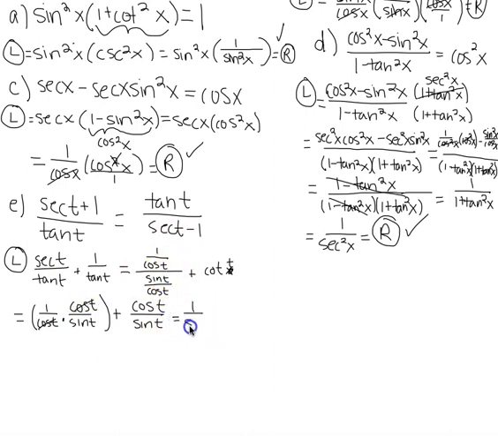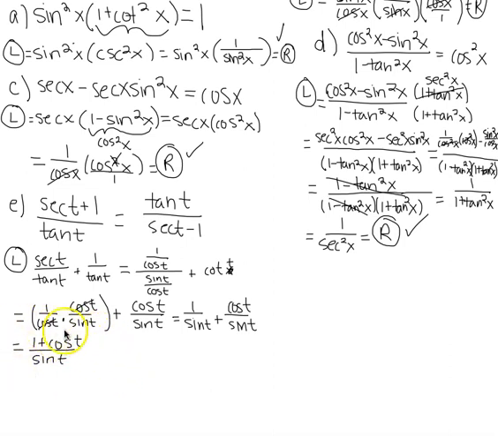I've got 1 over sine t plus cosine over sine t. And so then because they have the same denominator, that means that I've got 1 plus cosine t over sine t,